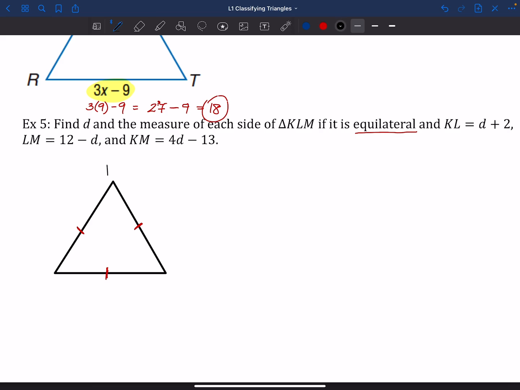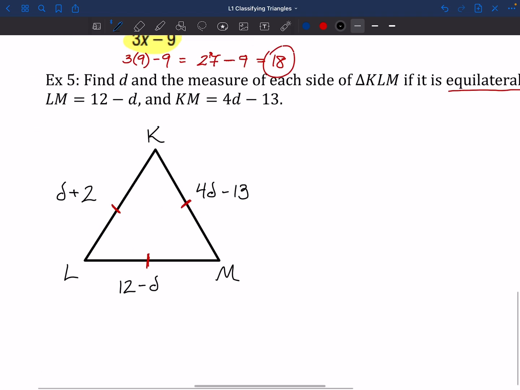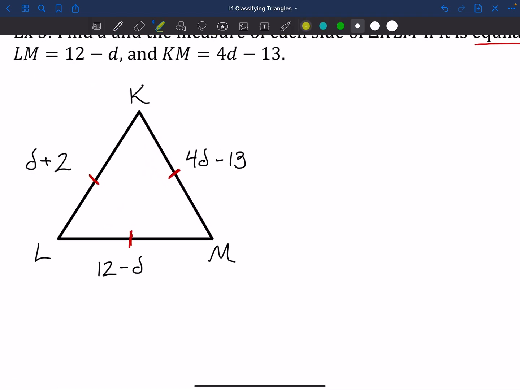It's triangle KLM. Right. KL is D plus 2, right? So let's pop that in there. LM is 12 minus D. And KM is 4D minus 13, right? So similar to the last one, right? It's equilateral. All three of these pieces that I'm going to highlight here in just a second are equal to